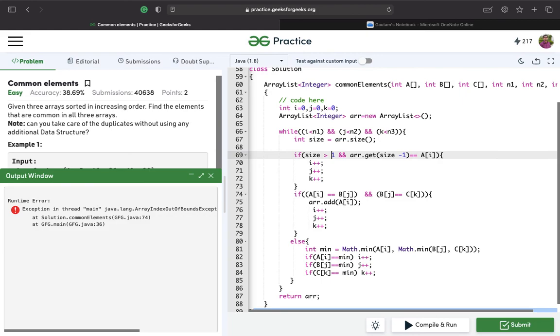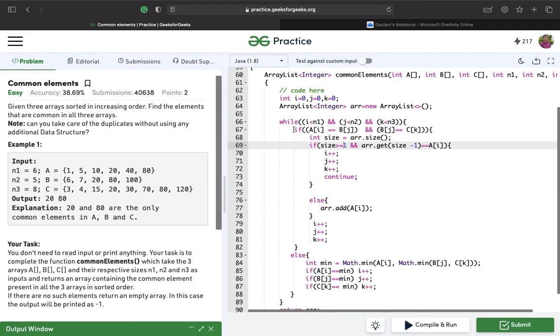Now if size is greater than 1 and ar.get(size minus 1) equals, what we'll do is simply add that I was missing. So that was just the problem. I basically moved this piece of code outside the if block. That's why it was giving the null pointer or whatever the problem was.